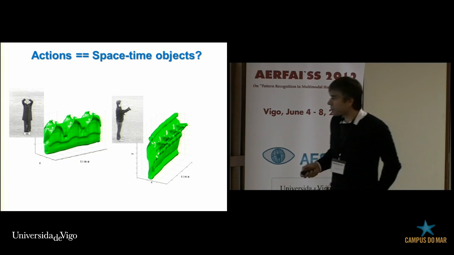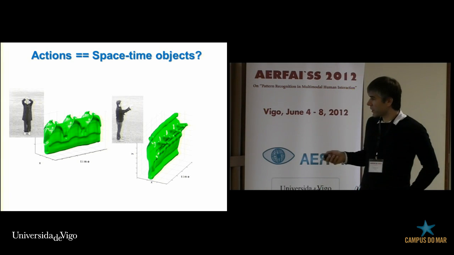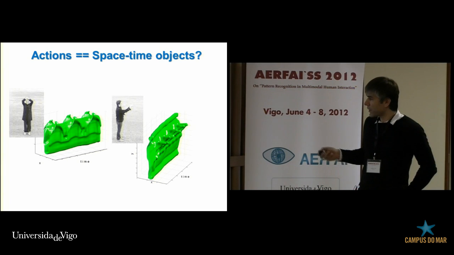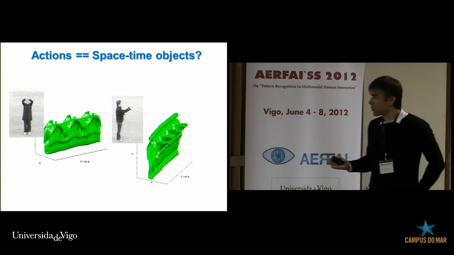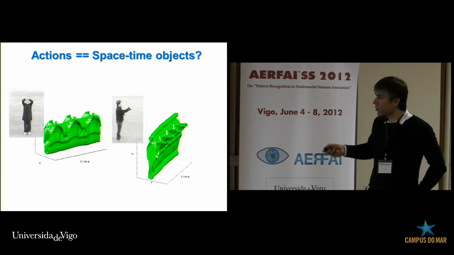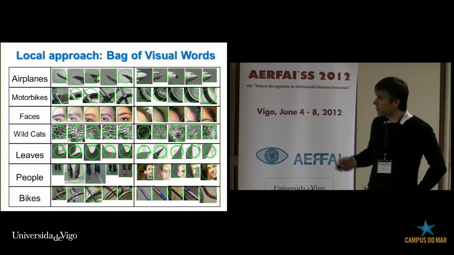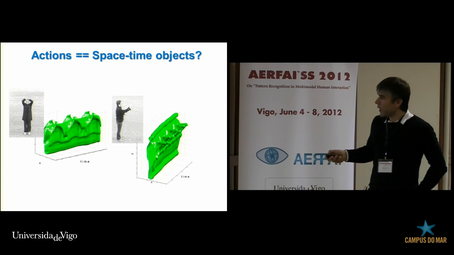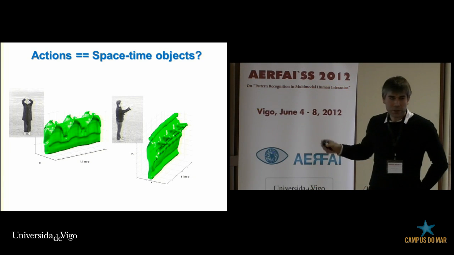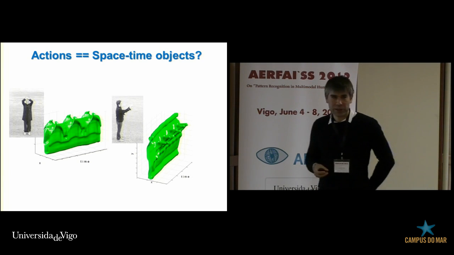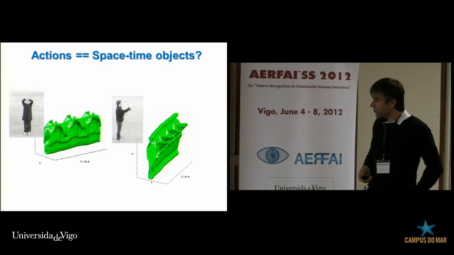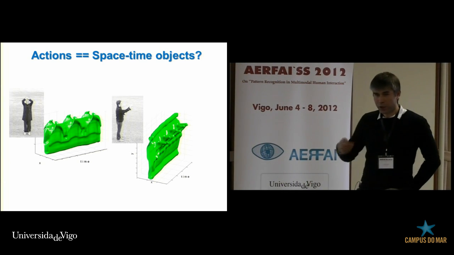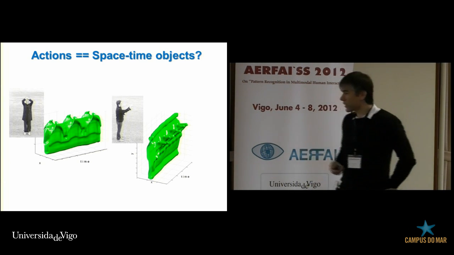And now we see already with this visualization this shape, if you call this a shape in space-time, looks very different, not only globally, but also locally. So if you think of analyzing some local properties of these parts in space-time, they seem to be quite informative. So of course, this thinking is inspired by